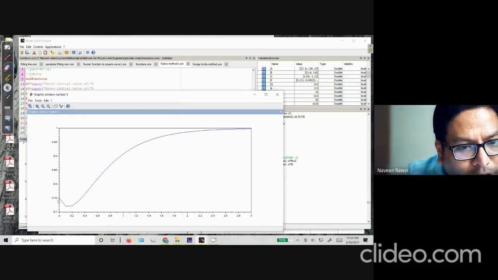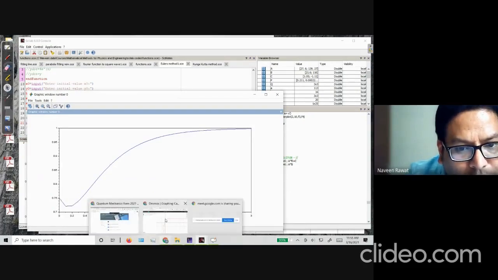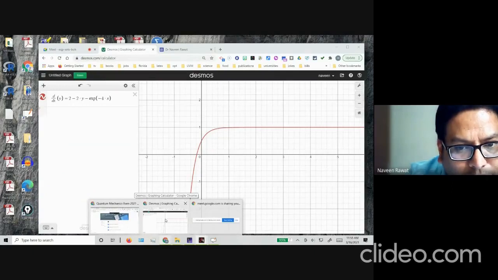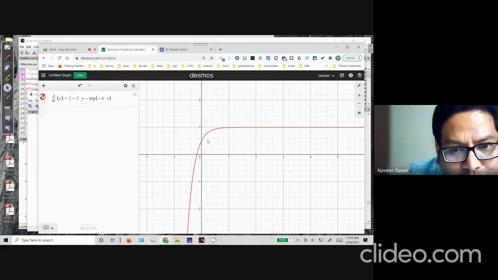You see, now it is much more accurate. It doesn't have that hump here. It is much more closely following the profile of the actual function, which is this function. Again, I started with 0.75, which is somewhere here. Now it draws the first tangent and then it starts following the actual function.